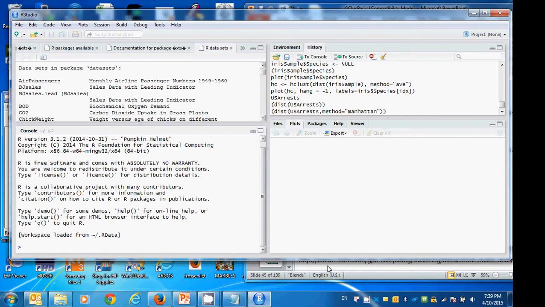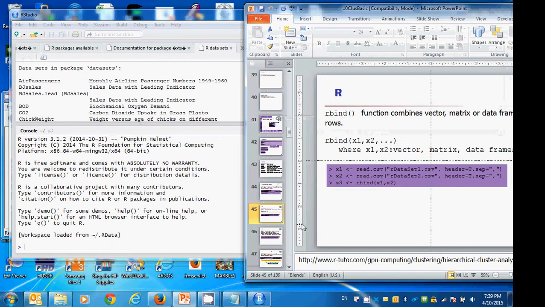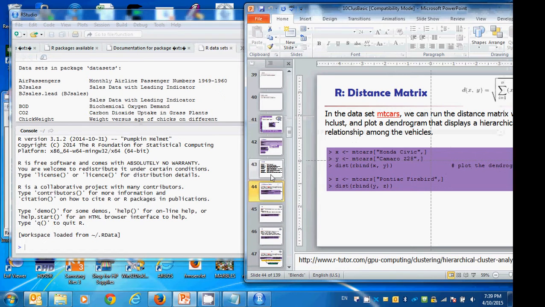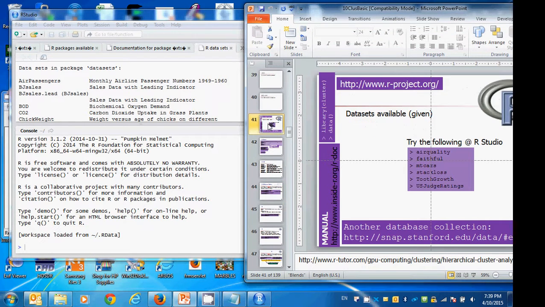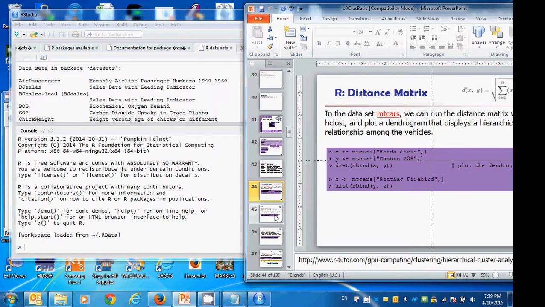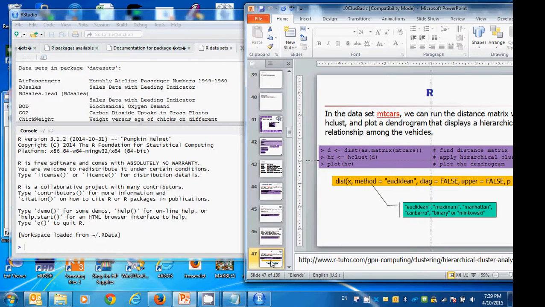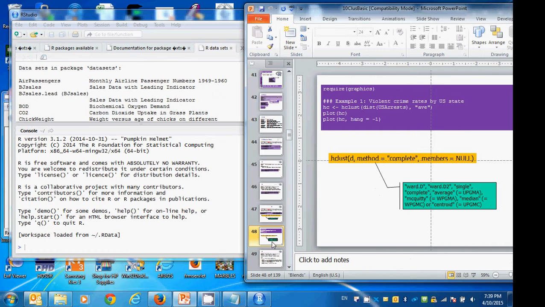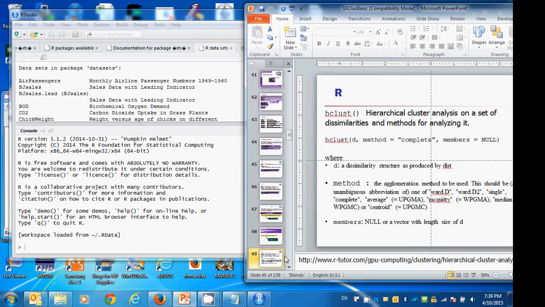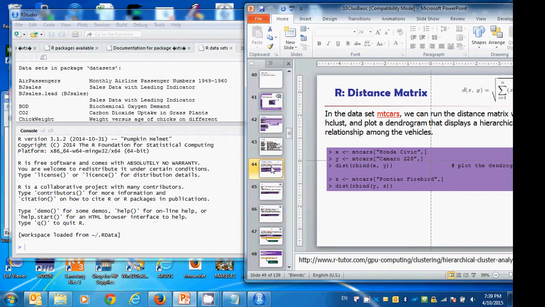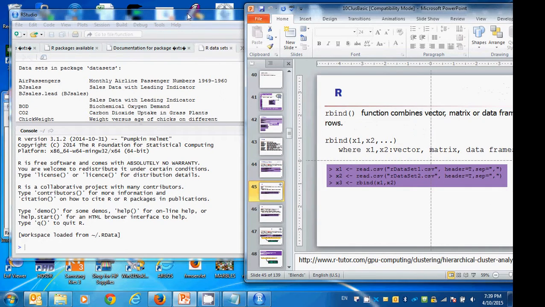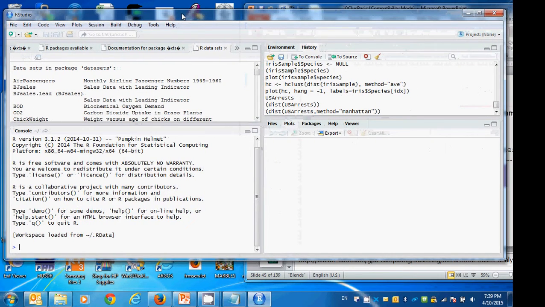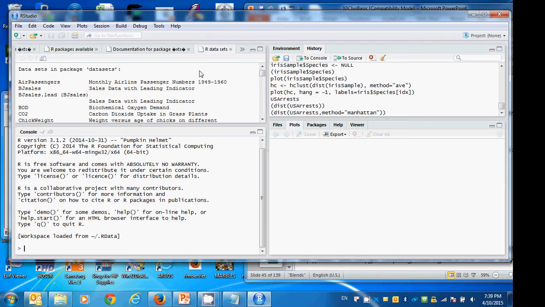So there are also some other commands that you can use to see where it is. Did I say that here, or probably not, right? But that's okay. Okay. The way you can set the working directory is